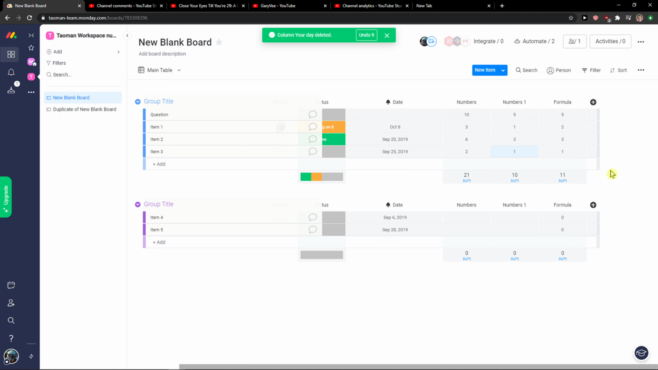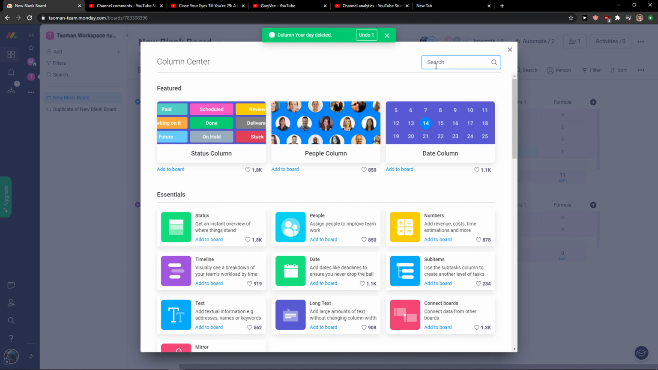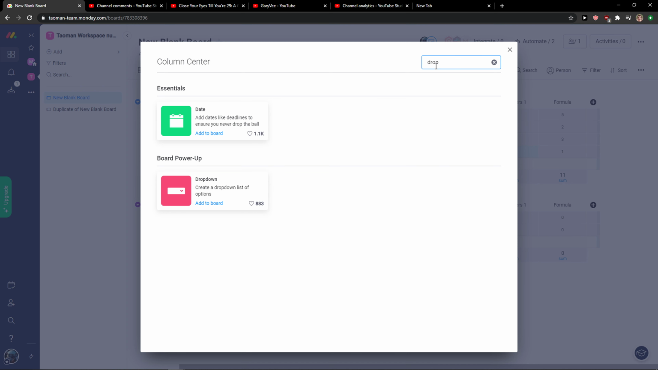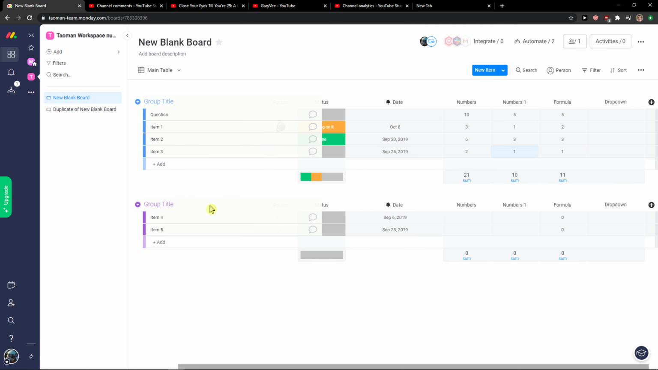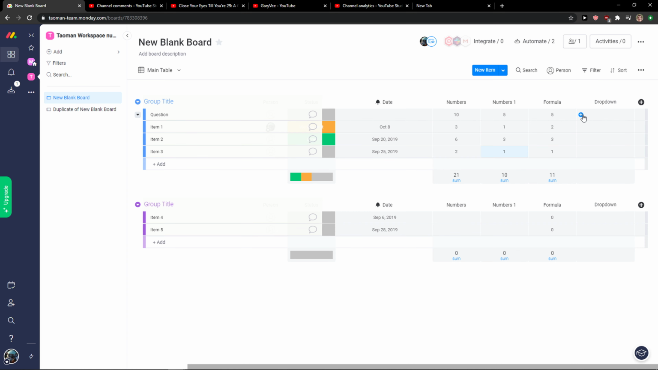I will show you a simple way how you can easily add a dropdown to your board in Monday.com. So what you want to do is simply click here, add column, and then click more columns and just write insert dropdown. And then you're gonna see the board power up. So dropdown, you just want to add it to board. And right here, you're gonna see